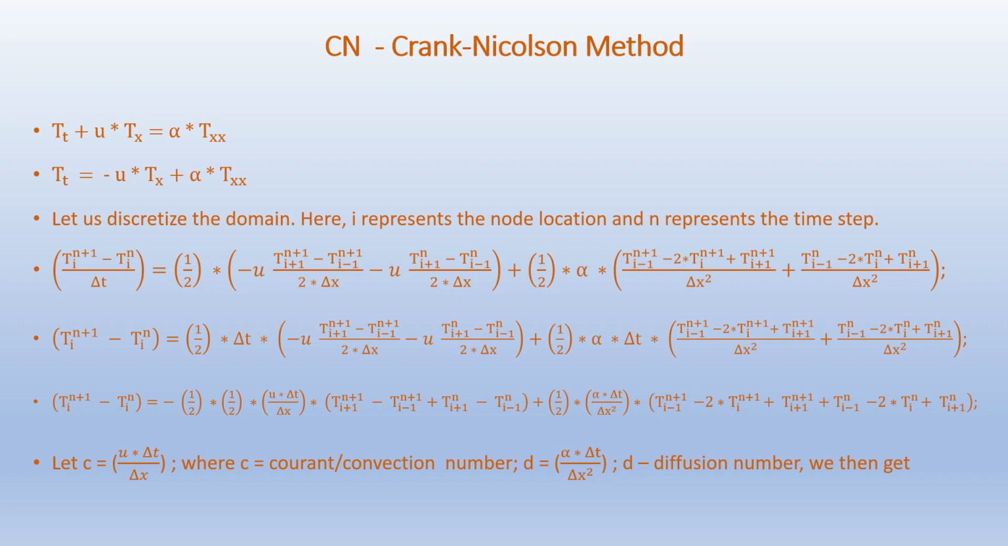This equation can be rearranged further as shown here. When we consider C equals U times delta t over delta x, where C is the Courant or convection number, and D equals alpha times delta t over delta x squared, where D is the diffusion number, we then get